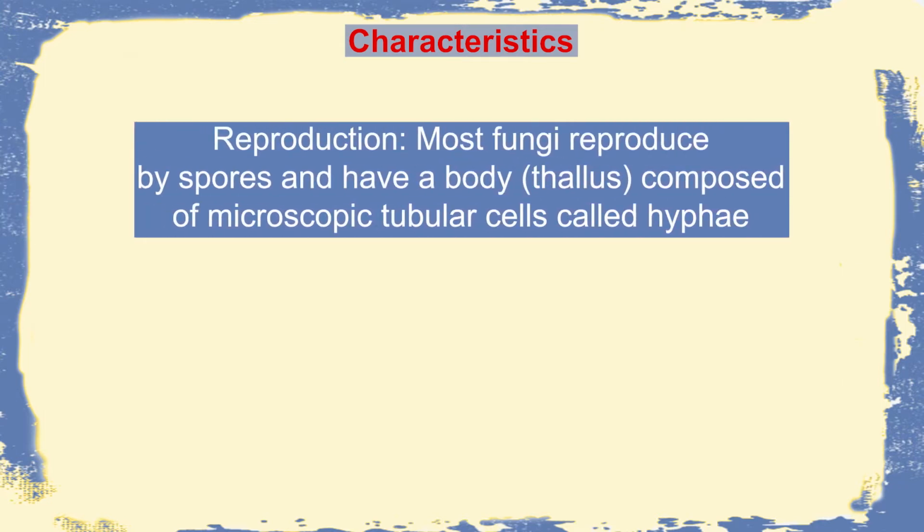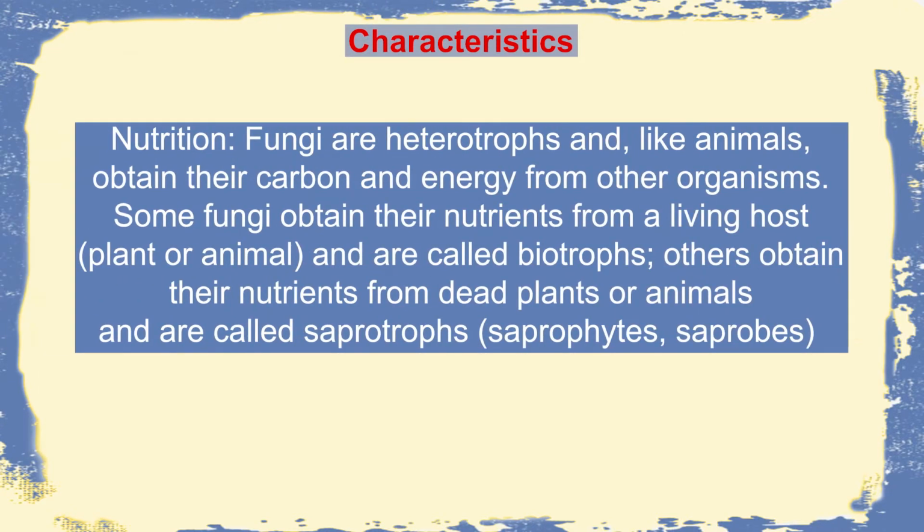The reproduction includes vegetative, asexual and sexual. The vegetative reproduction can be by fission or fragmentation. Asexual reproduction can be by different types of spores which can be both motile or non-motile in nature, and sexual reproduction can be by fertilization or syngamy, or gametangial copulation or gametangial contact. As I was telling, the nutrition can be both as saprophyte or parasite, and they are very important degrading organisms, so they can help in recycling of complex organic substrate.